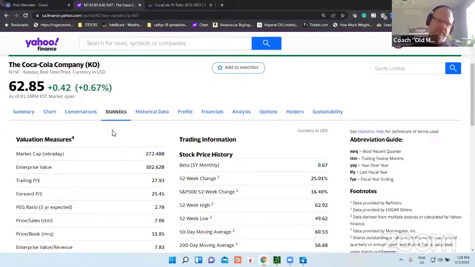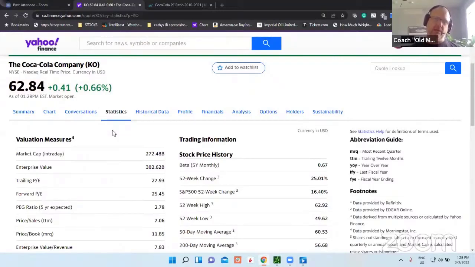PEG ratio of Pepsi. And that's going to give us an idea of, okay, if we have a lower PEG ratio, you would consider that maybe undervalued. If you have a higher PEG ratio, you might consider that overvalued, right? Now, you have to understand that these ratios can be a bit subjective because the growth rates are also subjective. Okay, so when we talk about revenue and things like that, sales, right, those numbers are massaged a little bit. So you have to kind of take this with a grain of salt. It's not like this is a hard, fast rule or a hard, fast fact, I guess.